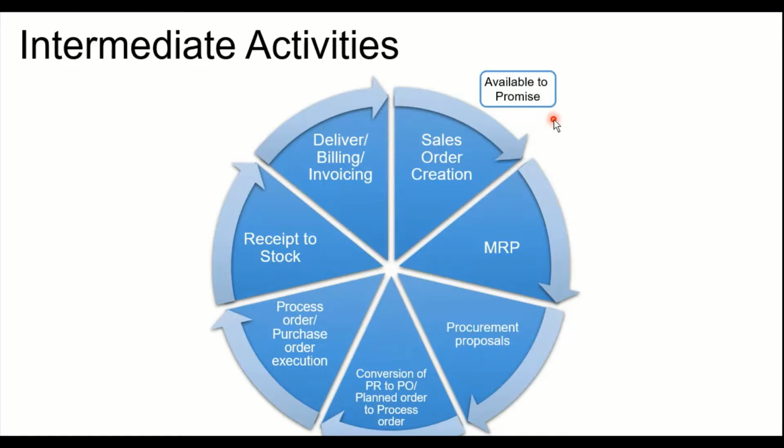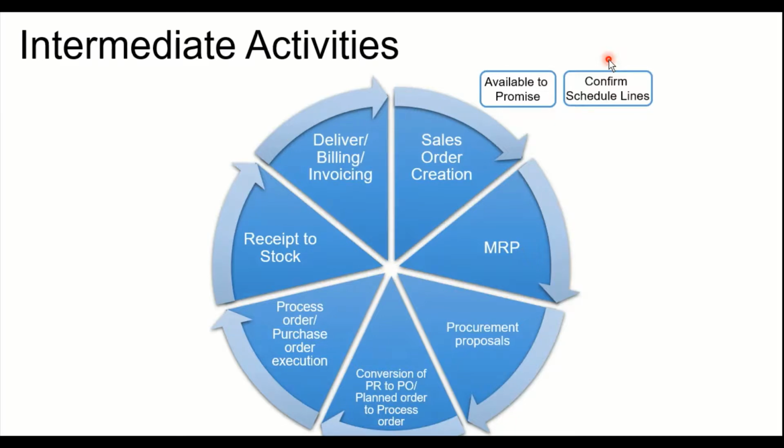And similarly, the system is also going to confirm the schedule lines. So let's say a customer has asked to provide the material by 1st of March. Now based on the replenishment lead time for the product, we cannot actually deliver it by 1st of March, but we can do it by 10th of March. So that date will be confirmed in the schedule lines of the sales order. I mean to say the 10th of March will be the actual date by which the material can be shipped to the customer.